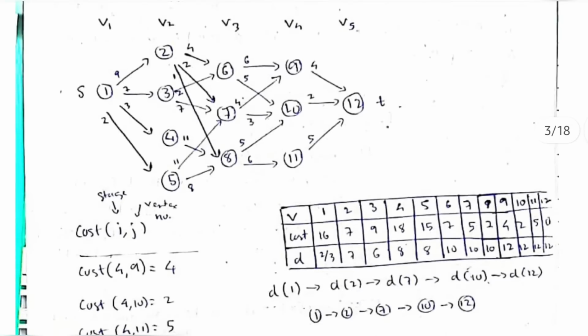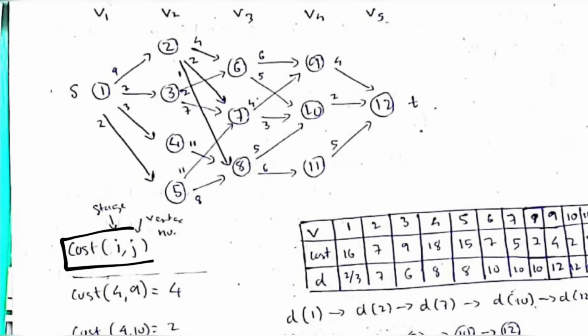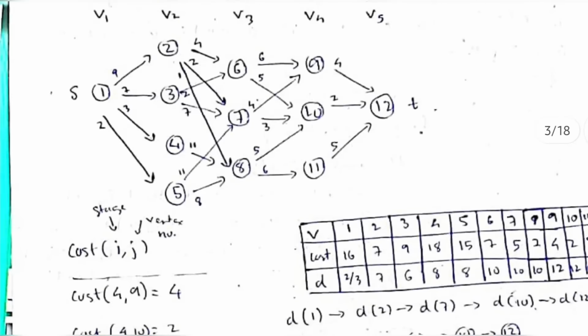Coming back, we have the main formula here, which is the cost of the vertex. Okay, cost of the edge. Now see, this is the formula which we'll be using the most. We will be writing the cost of i comma j, where i is the stage number and j is the vertex number. For example, if I have to represent this vertex in this formula, how will I represent it? The stage number is 4 here, so I'll write 4, and j is the vertex number 9. So to represent this vertex, I'll write cost 4 comma 9. What is cost 4 comma 9? The cost of 4 comma 9 means how much cost is required to travel from 9 to the destination.